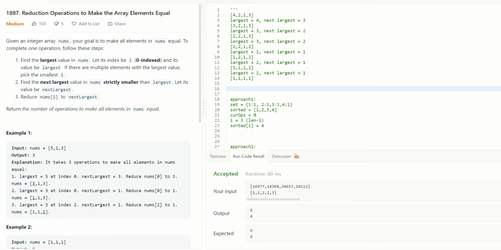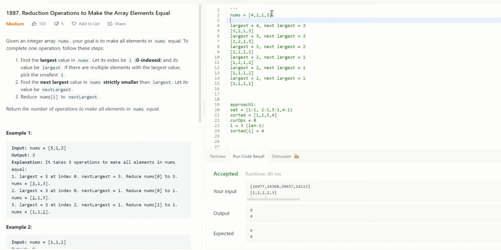So here we are looking for two pieces of information. Let's try to understand with an example. Let's say the array nums is 4, 2, 1, 3. In this particular array, the largest is 4 and the next largest is 3. So at any given time, we have to find out what is the largest and what is the next largest.